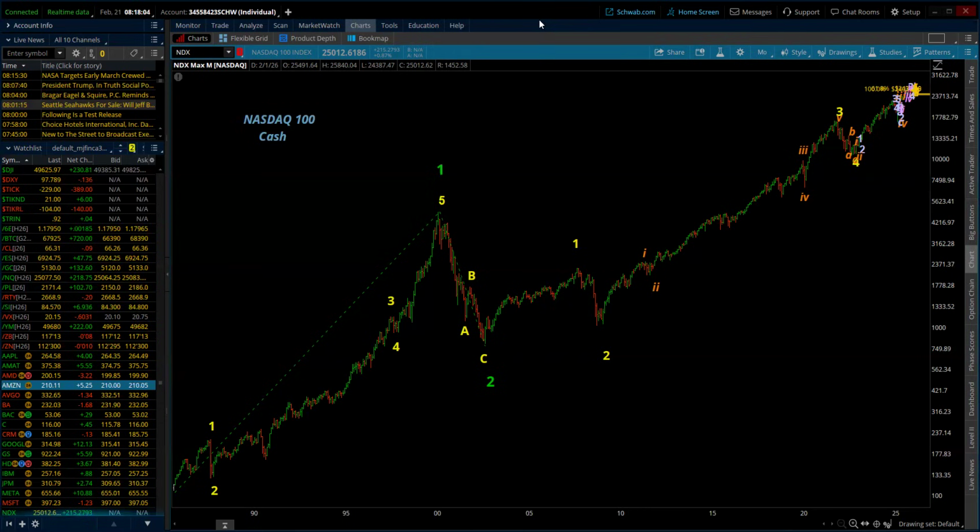Now, here we have it. Let's go in and see what we are going to do on Monday. Now he's going to start playing the tariff game. I'm going to show you what I think is going to happen. And I didn't know this piece of news until just now because it came out overnight. So let's go in and take a look at this, but we have that ongoing.